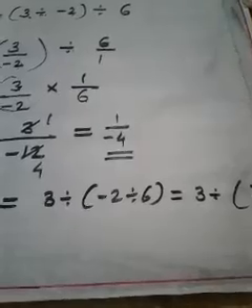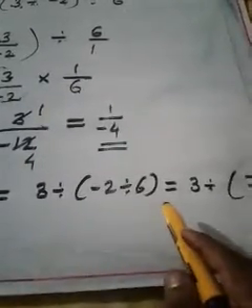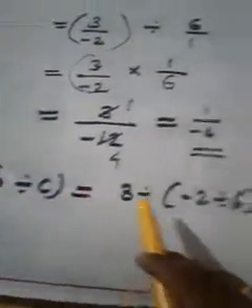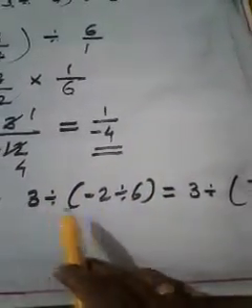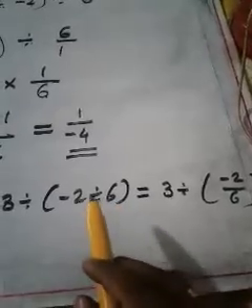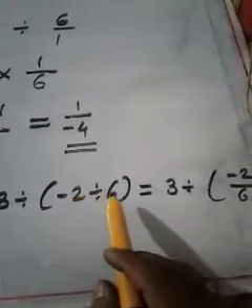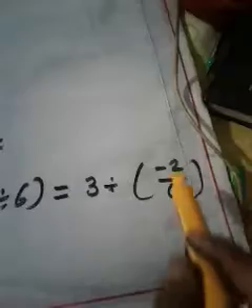3 divided by, you may have understood this much, A divided by (B divided by C). Listen, A divided by B divided by C in a bracket, then 3 divided by it as it is. You have to give preference to the things inside the bracket. Minus 2 divided by 6, I can write as minus 2 by 6. Any problem?